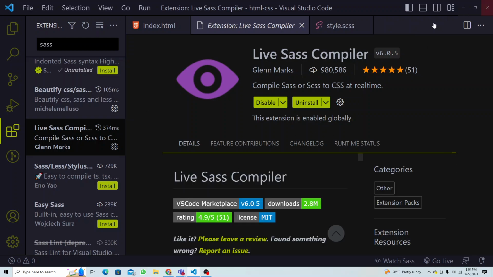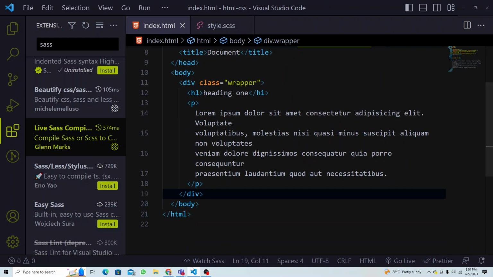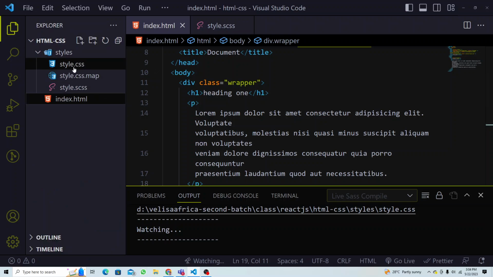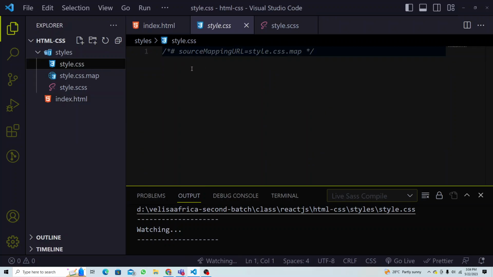That's it. So once you do that, now you click this Watch Sass. Just click here. Now it's watching my code already. So see, it just created the style.css. Right now there is no code, nothing. But I'm going to